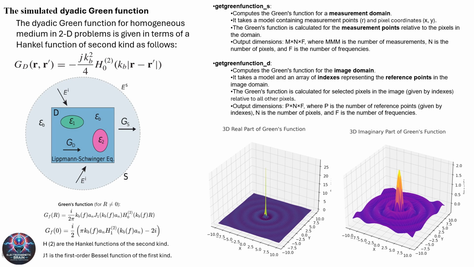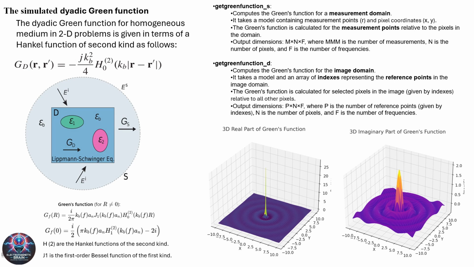The next section of the slide focuses on 2 key methods for computing the Green function in different domains. The first method, labeled getGreenFunction(S), computes the Green function for a measurement domain. This method takes in a model that contains both the measurement points, denoted R, and the pixel coordinates, x, y, of the domain. The Green function is calculated for the measurement points relative to the pixels in the domain. The output is in the form of a 3D matrix with dimensions m times n times f, where m is the number of measurements, n is the number of pixels, and f represents the number of frequencies at which the